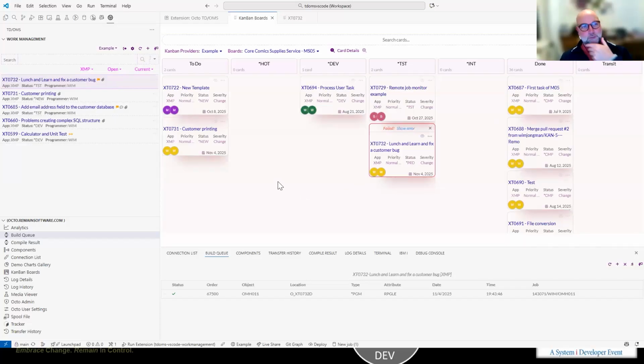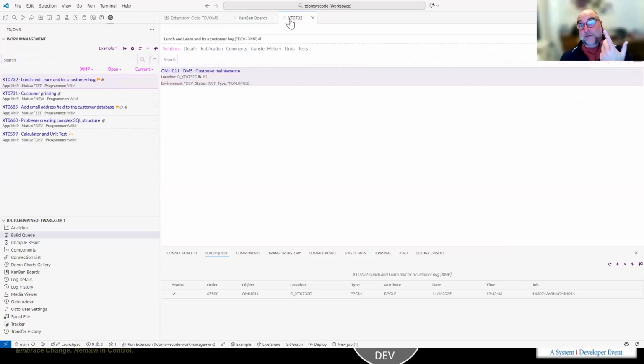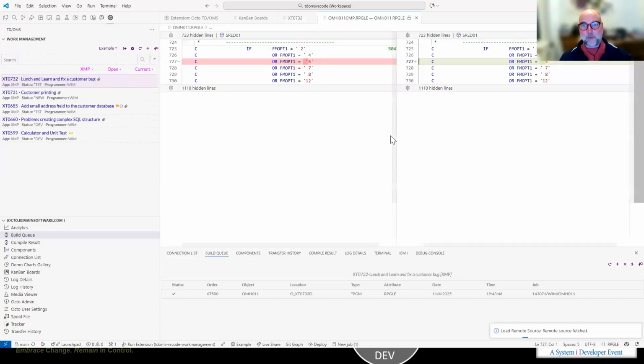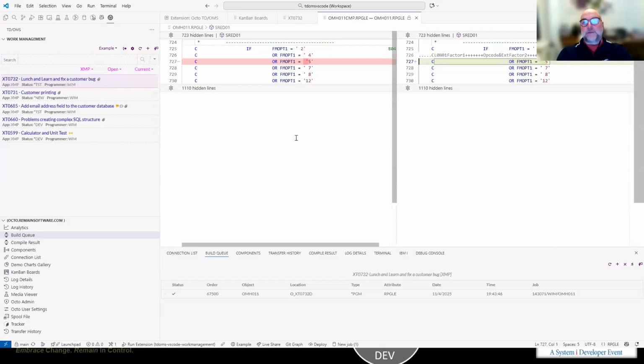So what we should do next is maybe take a look at some of the things that we can do when we are in the test environment. One thing that we can do is a peer review, right? So I can right-click here as a peer. Now I'm person number 4, and I could do compare with production. So I can see here, okay, this was changed. Okay, very nice, very clean fix,